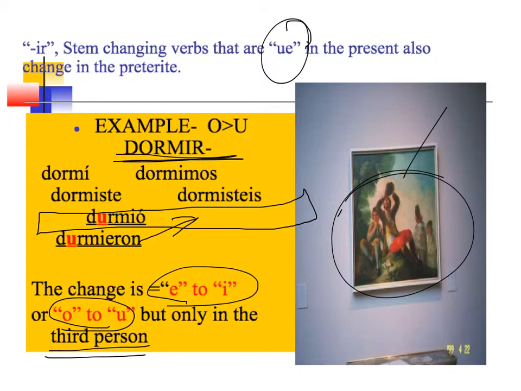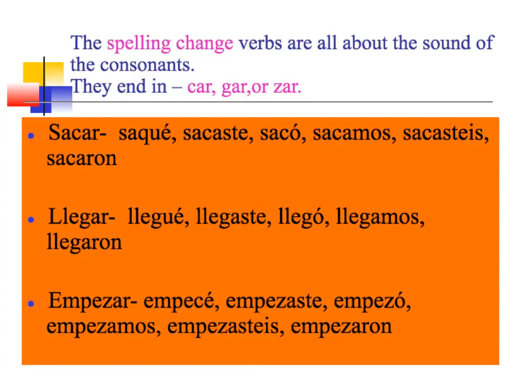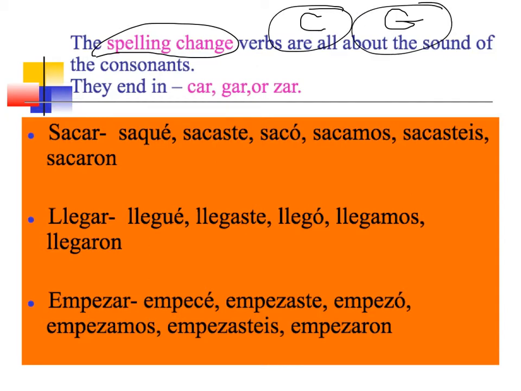Okay, so what else about irregular? As if that wasn't enough. There's also a group that change their spelling. So again, this might be familiar to you because we were talking a lot about the sound of the letter C and the sound of the letter G. And I was saying to you that if it makes sense to you that a C could have a soft sound and a hard sound, same thing with a G, all depending on the spelling, you would be happier once we got into working with preterite.